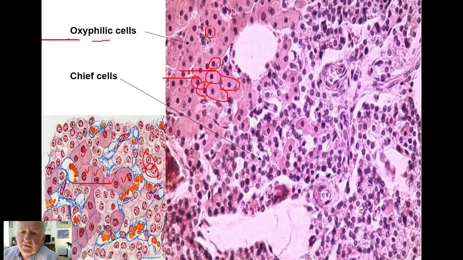And the function of oxyphilic cells is not very clear at the moment. But with age, the number of oxyphilic cells in the parathyroid gland is increasing. Of course, the most important are the chief cells, which you see here, producing parathormone, having influence on osteoclasts, on the